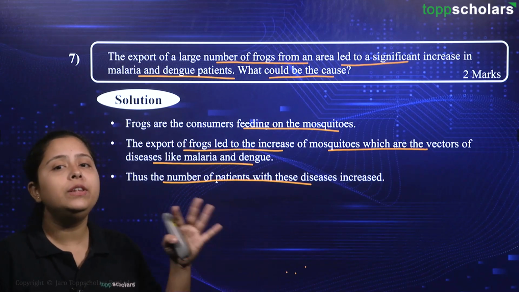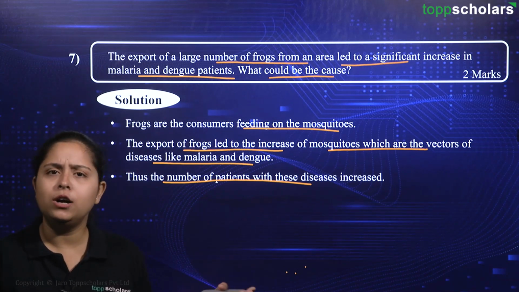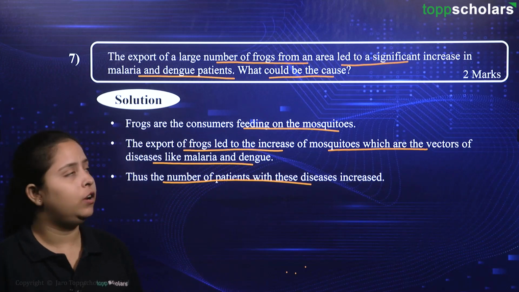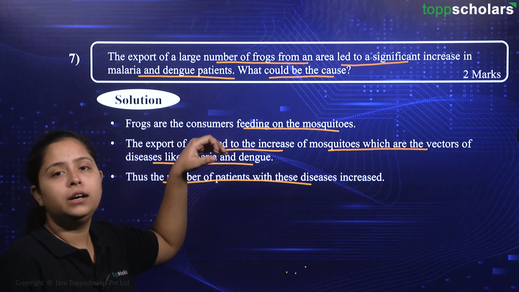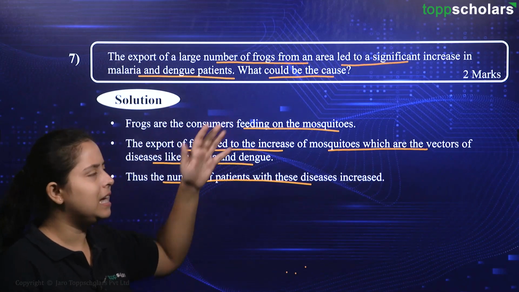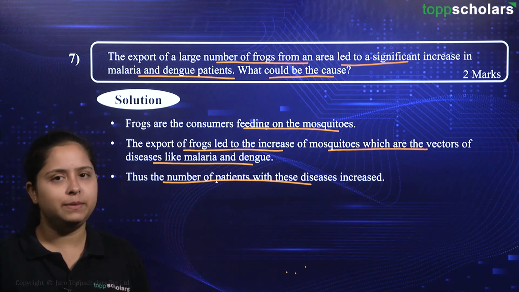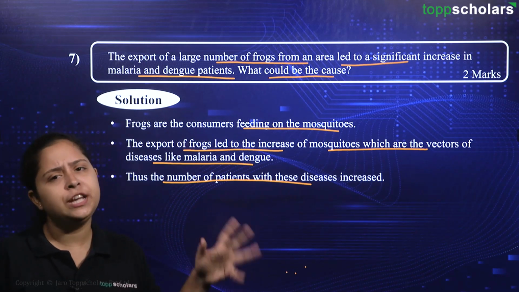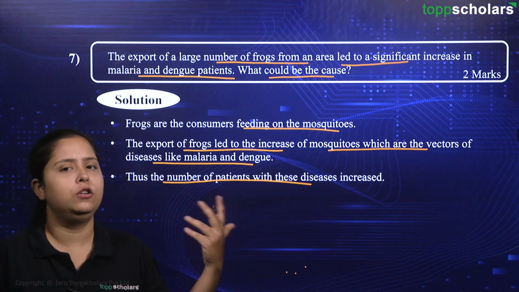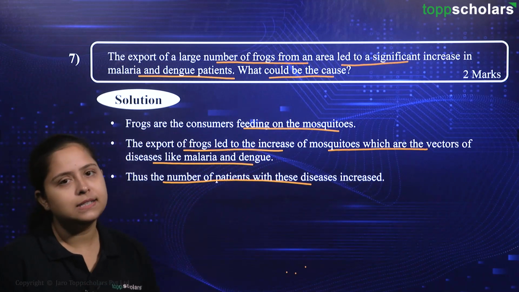Okay, you remove the prey species, then the predator will die out eventually because there is no food for them. Okay, so try to extrapolate your knowledge. This question is talking about the export of the predators. Some question might ask you with some examples that the prey is being exported. Then what will happen to that predator species? You should be answering that food chain is altered. So now the predators are not having the food, so they will also eventually perish out. Okay. So this is good to go for 2 marks.